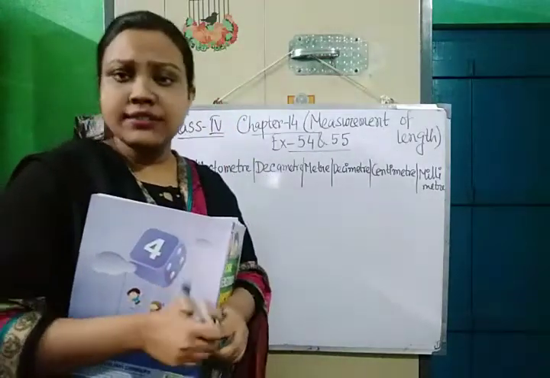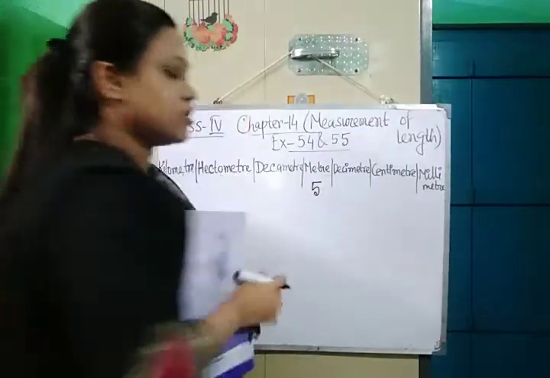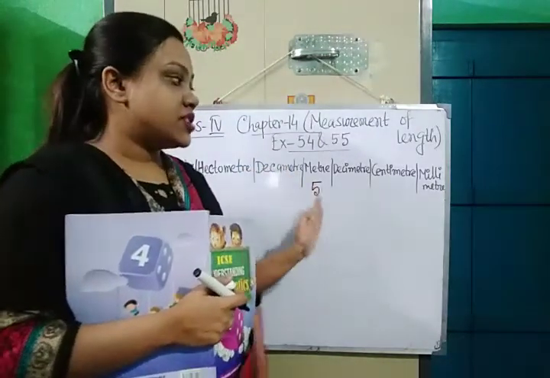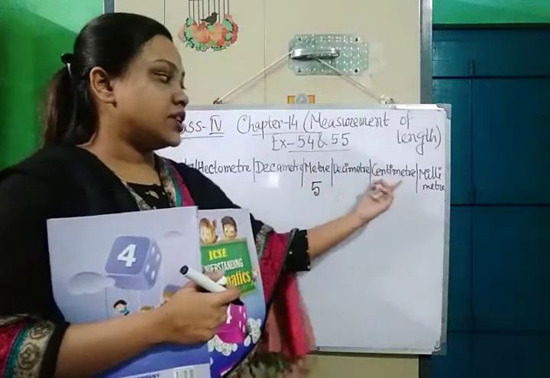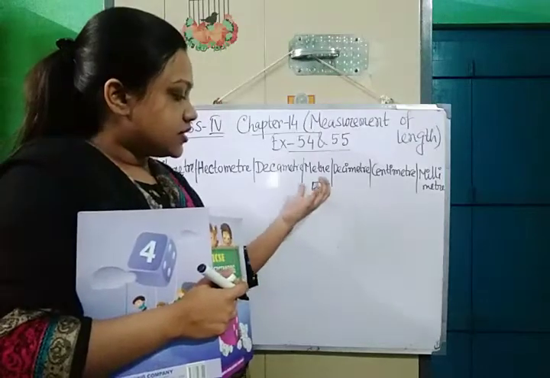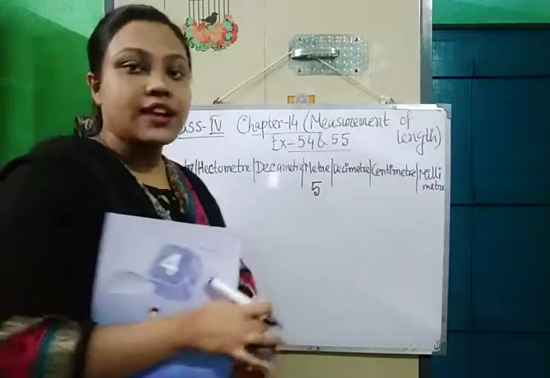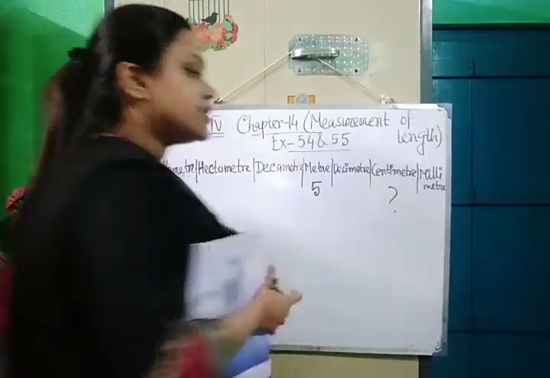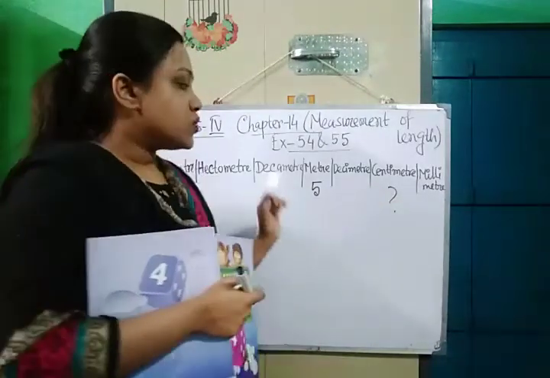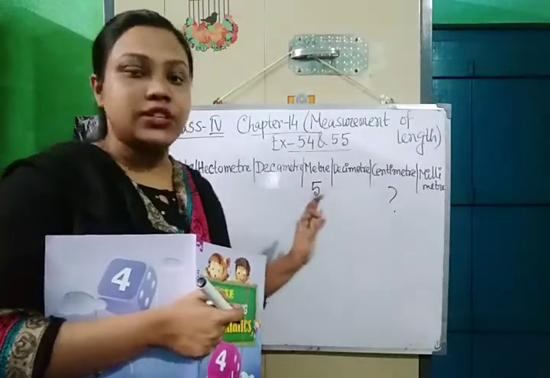Suppose a length is given in the unit meter and the length is given 5 meters, suppose. So the length is given 5 meter. So if it is asked in the question to find out this length in the unit centimeter, then what will we do? You will see the unit, the length which is here meter. It is asked to find out the length in the unit centimeter. So we have to move to the right. So how many places we are moving to the right, that we will count.